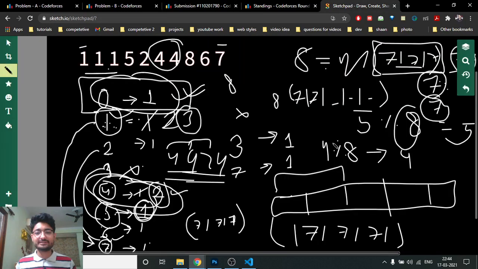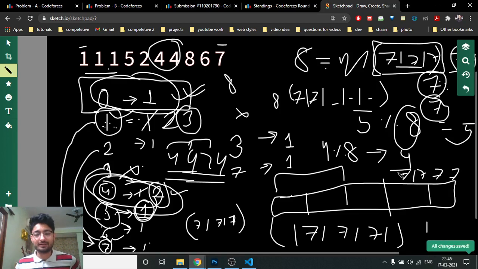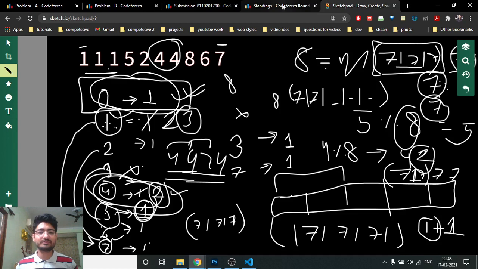As you can see, if there are numbers like 7 7 7 7, four 7s and only one 1, we can put this 1 in between and form an array. So how many numbers are subtracted from the larger group? We have subtracted the smaller group value plus 1. From the larger group we removed 2 numbers, and from the smaller group all the numbers are taken out. So that's what we have done.